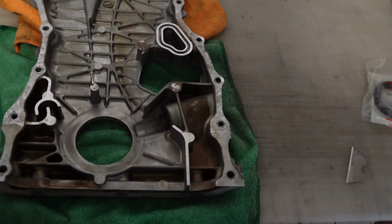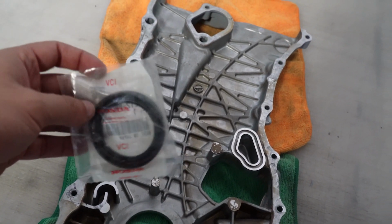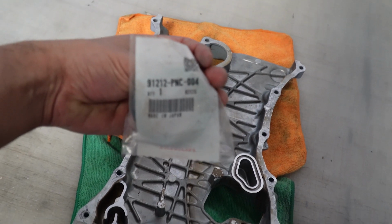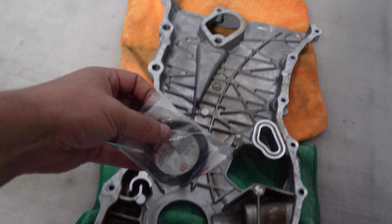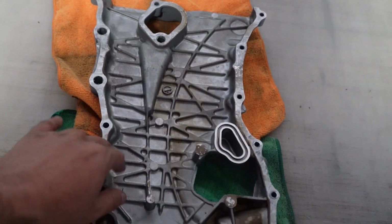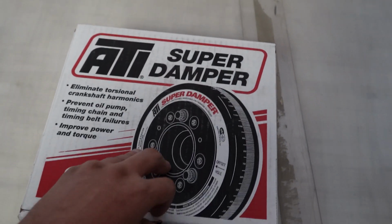We got the valve cover right here. We gotta clean it up. We also removed this seal here, so we got a brand new one to put on. This is a part number. Come on, bro, focus. So we're gonna put this one on. Obviously, clean it up, make it look good and all that. And we'll also have